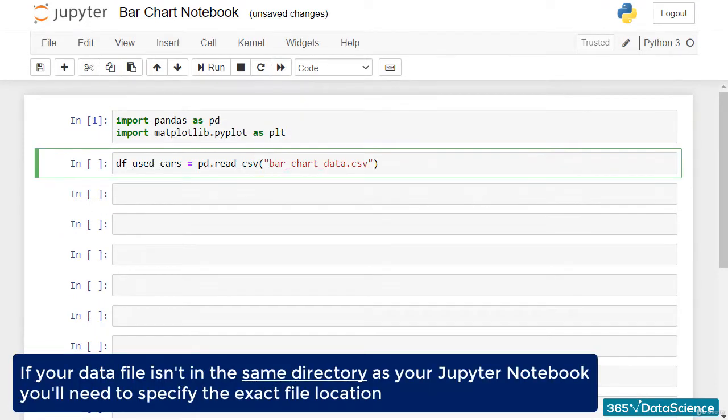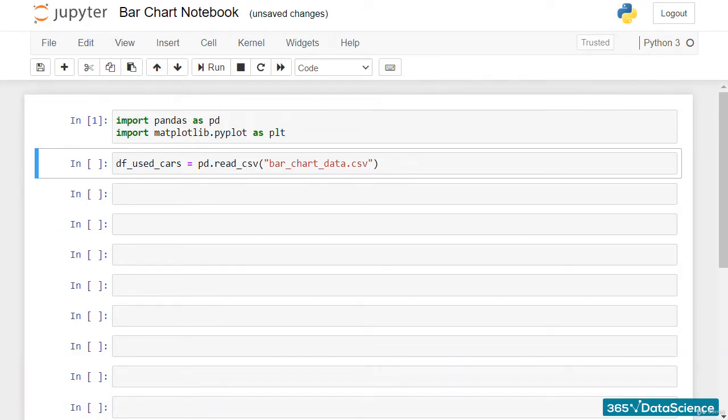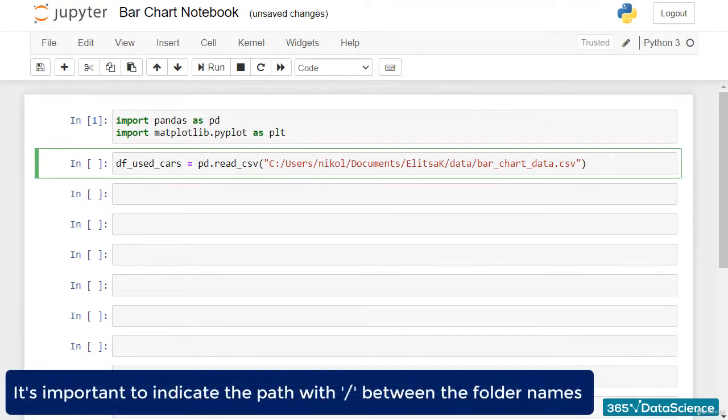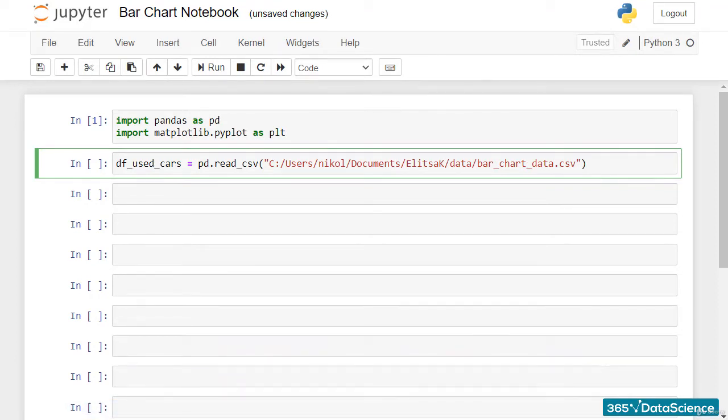If the dataset isn't in the same directory as your Jupyter notebook, you'll need to specify the exact file location. For instance, if I were to use the exact path, my code would look like this. Here, it is important to indicate the path with forward slashes between the folder names. This is counterintuitive, as the path locations in your Windows or Mac are always specified with backward slashes. However, in Python,